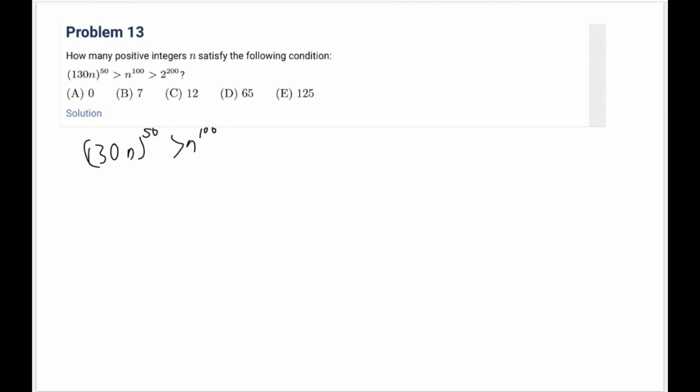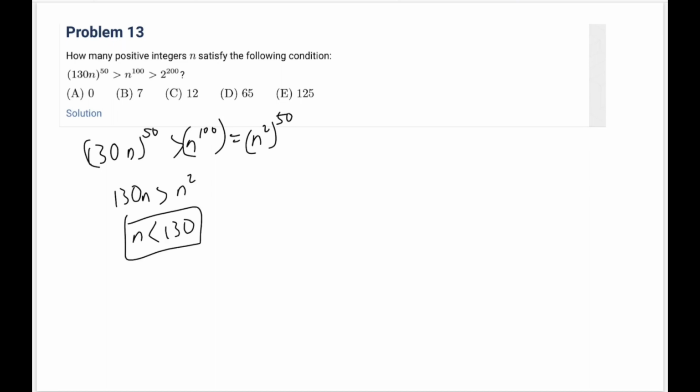And so n squared. If we cut it all down by 50 powers, then this is also n squared to the 50th power. So this means that 130 n is less than n squared, so n is less than 130. So we have this conclusion, and then for this one we have